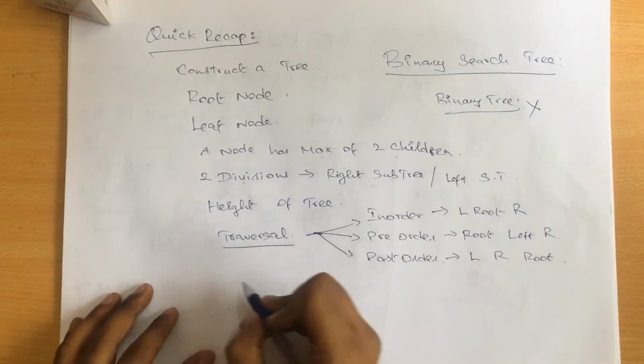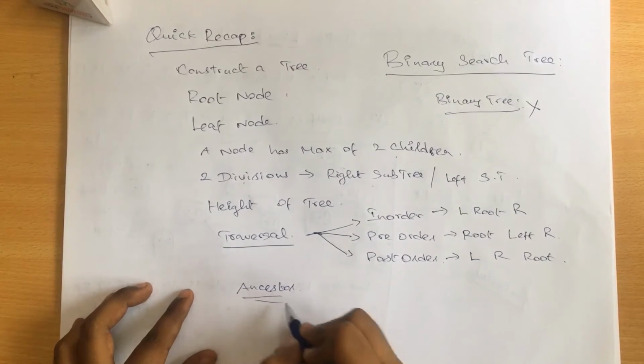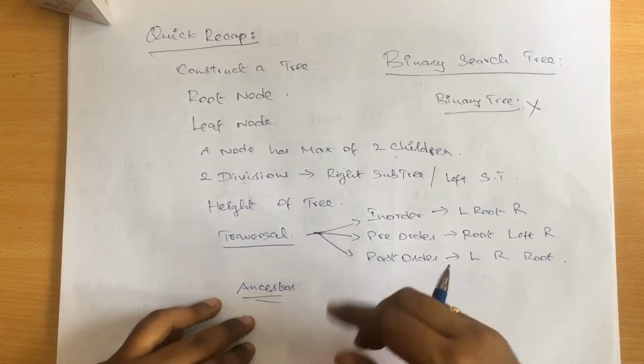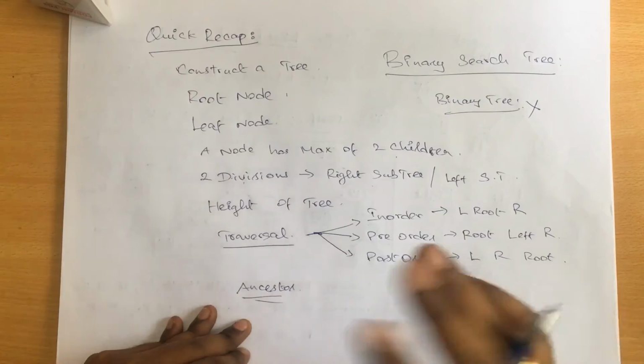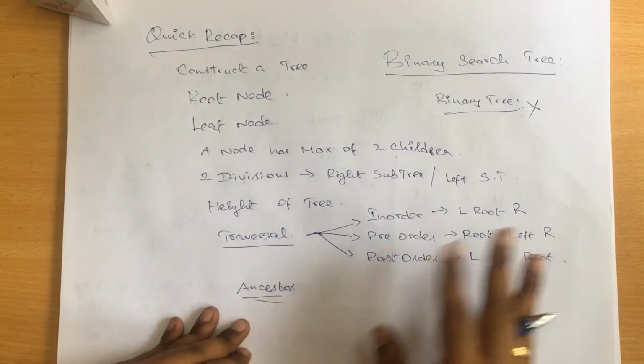Also we have learned something about finding the ancestor for a tree, the common ancestor for a tree. This is also one more frequently repeated question in competitive coding. An ancestor is nothing but the common root which we have for 2 nodes in the same tree, right? So this is what we have to remember in a tree.